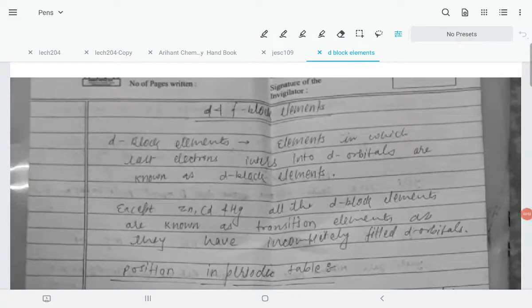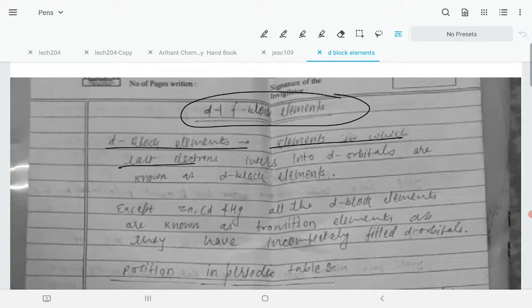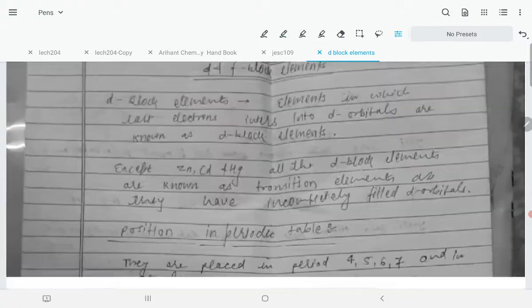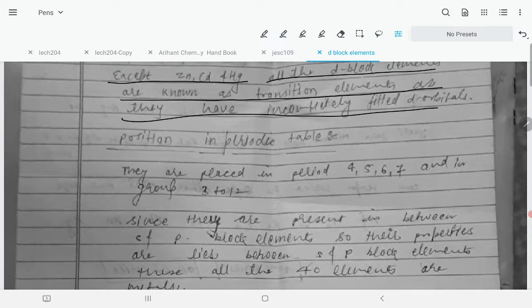Hello students, let's try to understand D and F block elements, right? A D block element is one in which the last electron enters the d orbital. Except zinc, cadmium and mercury, all the D block elements are known as transition elements, as they have incompletely filled d orbitals. Okay. Zinc, cadmium and mercury have 3d10 4s2,